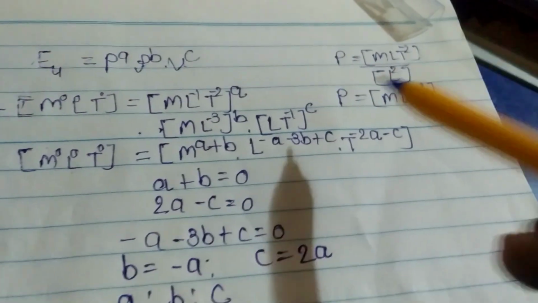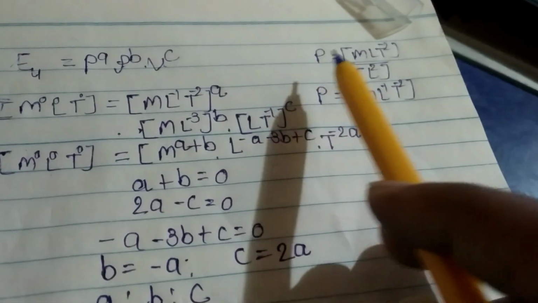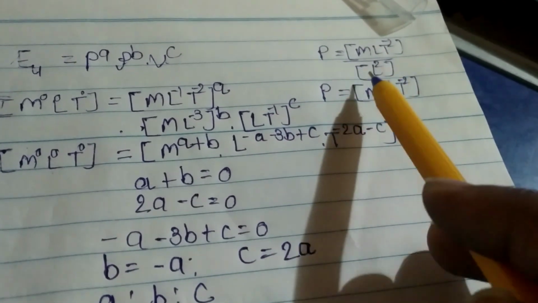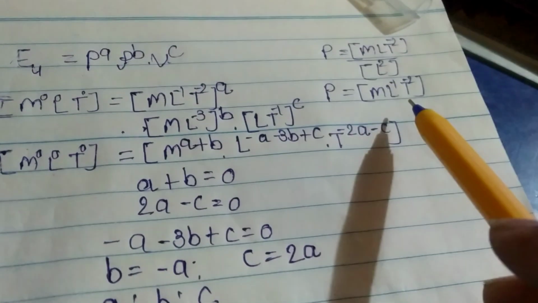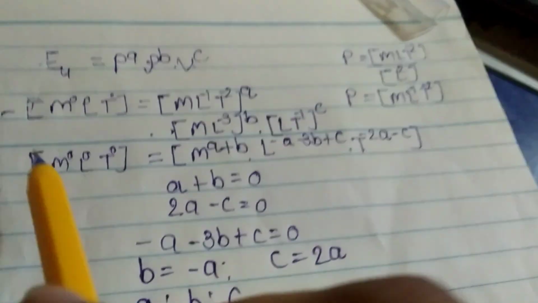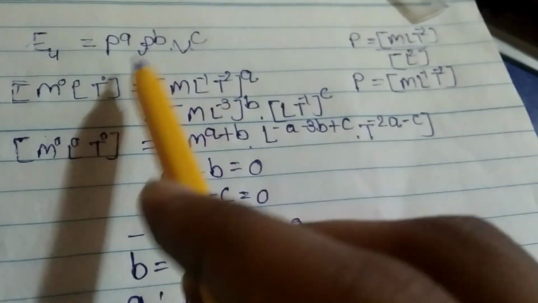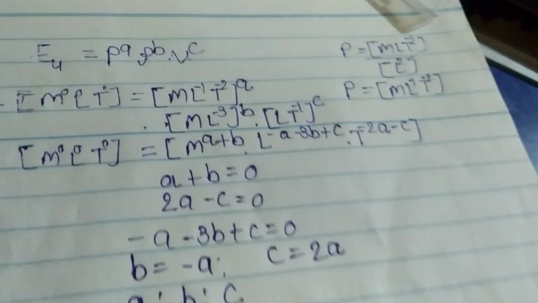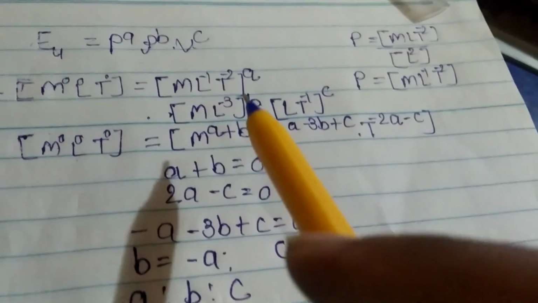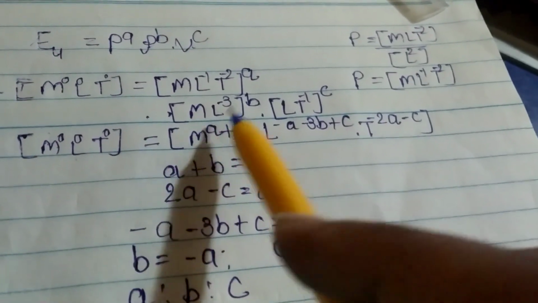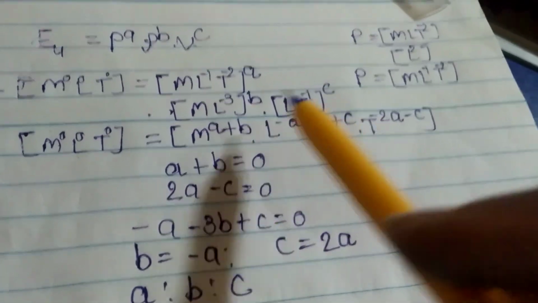So pressure dimensions can be found by using the relation P is equal to force upon area. So P is equal to force, dimension MLT to the power minus 2, upon area, dimension will be L squared. So pressure will be equal to ML to the power minus 1 T to the power minus 2. So let me write the dimension of pressure here, ML to the power minus 1 T to the power minus 2 to the power a, and rho represents the density here. So let me write the dimension of density. Density dimension can be found by using the relation mass upon volume. So its dimension will be ML to the power minus 3 to the power b, and velocity dimension will be LT to the power minus 1 to the power c.